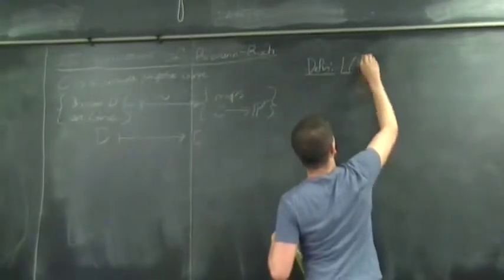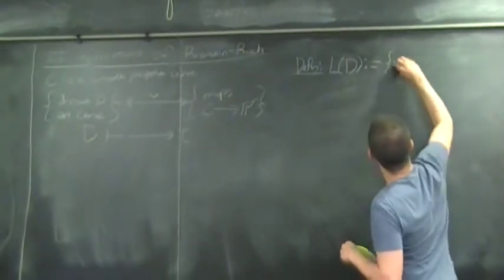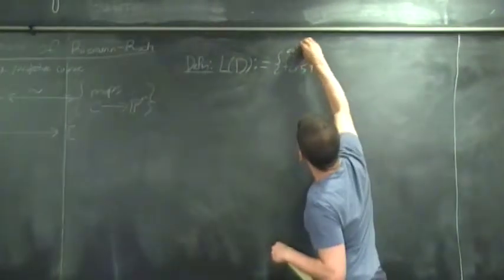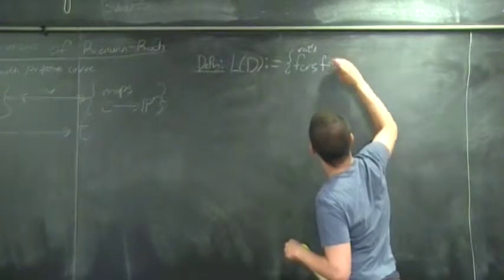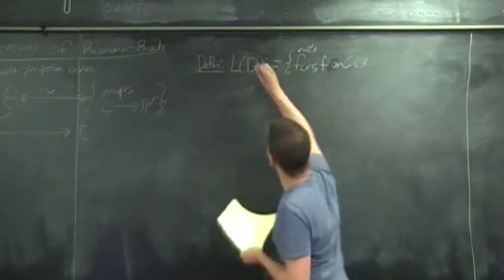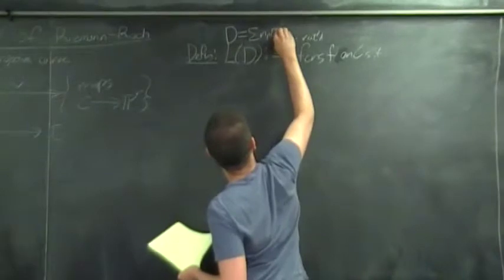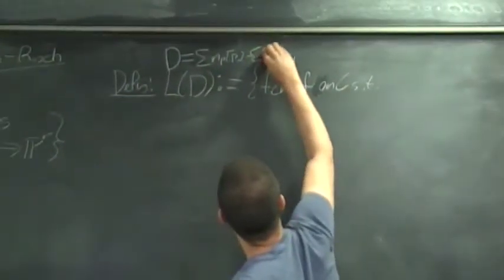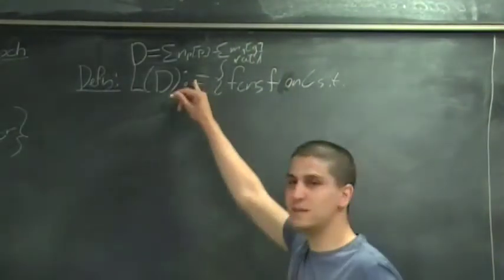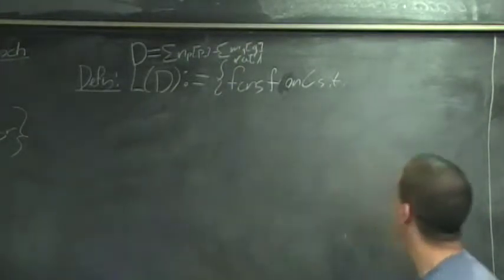Just to remind you what this vector space L of D is, we defined it to be the space of all functions f, that's rational functions on our curve, such that if D looks like this, sum of N_P P minus sum of M_Q Q, where the N_Ps and M_Qs are all non-negative, so we're splitting it into two parts, then